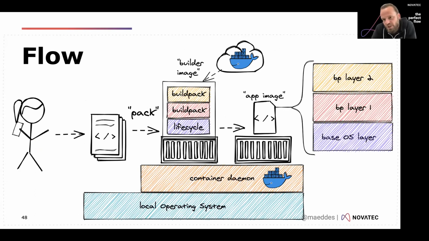It has a generic CLI, called pack, the pack command that you execute in an environment where you normally have your code. From the architecture here, you can see this one will definitely require a container daemon to build. The way it works, it downloads a so-called builder image. So when you execute pack the first time, it will download a pretty big image, which contains all the buildpacks and lifecycle detection mechanism.